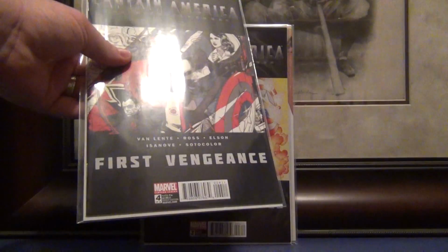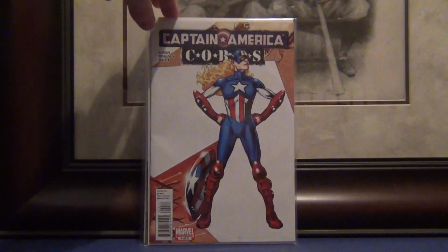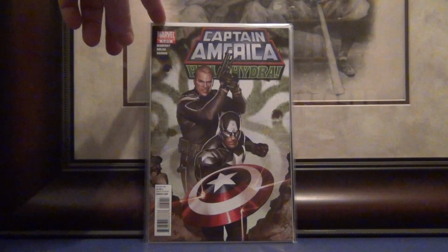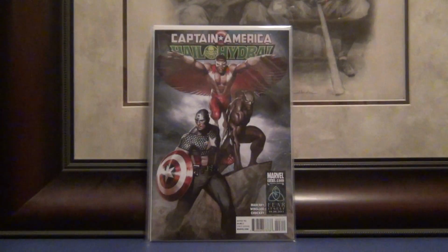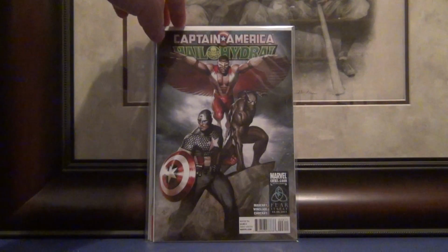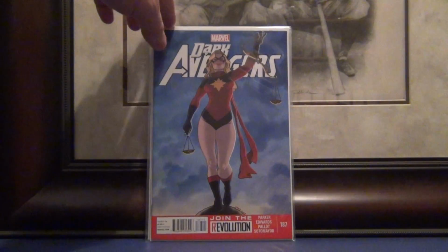Let's see, this is 4 of 4, 3 of 4. Captain America cores, 4 of 5, 2 of 5. I've got the trade on this, so I saw these right here. There's 5 of 5, 4 of 5. I think I got these few books right here from Kapow Comics. 3 of 5. There's Dark Avengers 187,